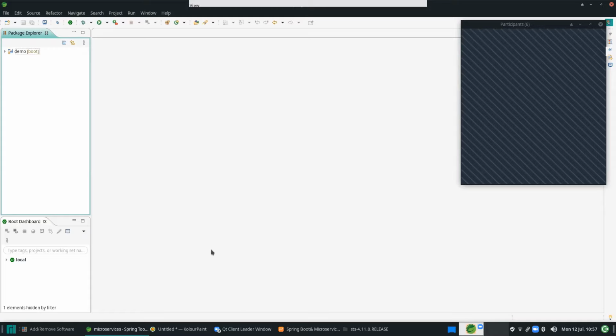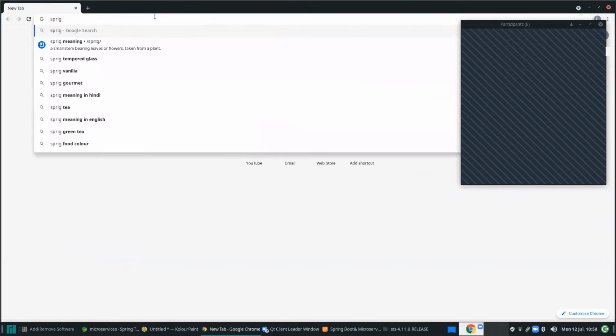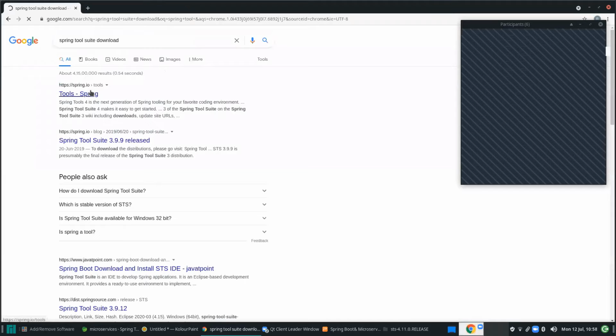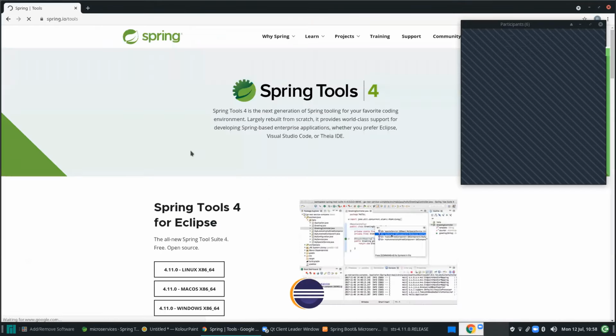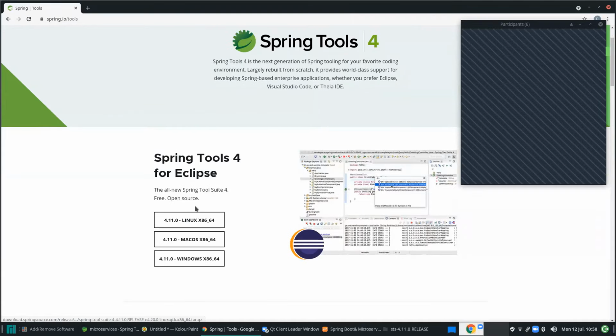Simply go to Chrome and search for Spring Tool Suite download, and you can download the version for your operating system. If you are using Windows, you can download it. If you are using Mac, you can download it. If you are using Linux, you can download it.